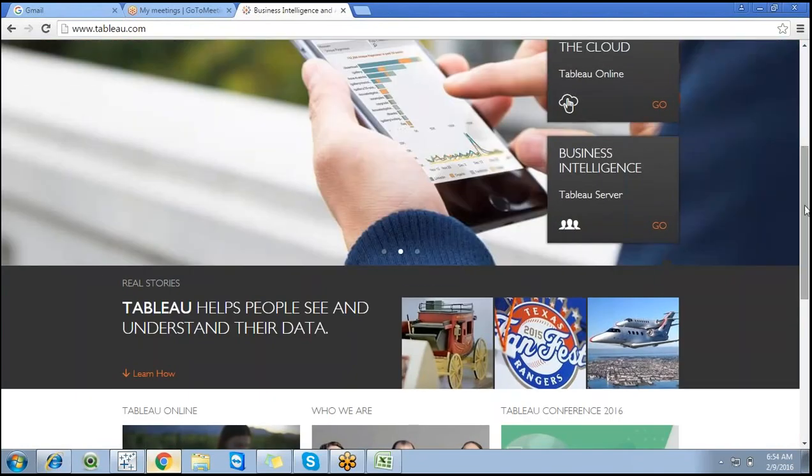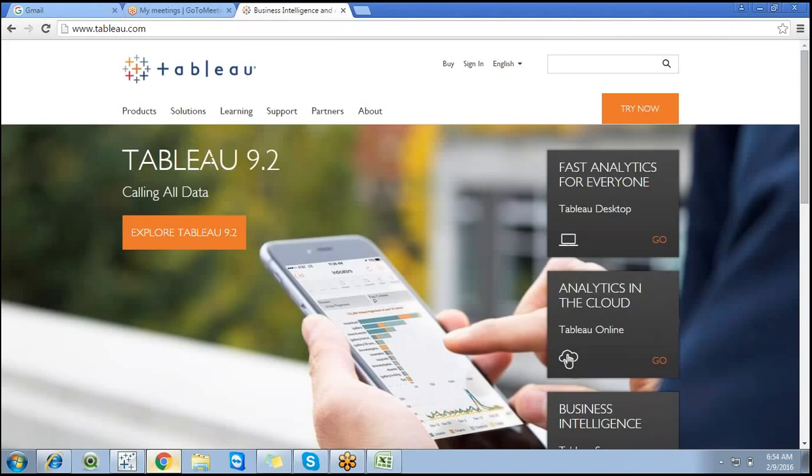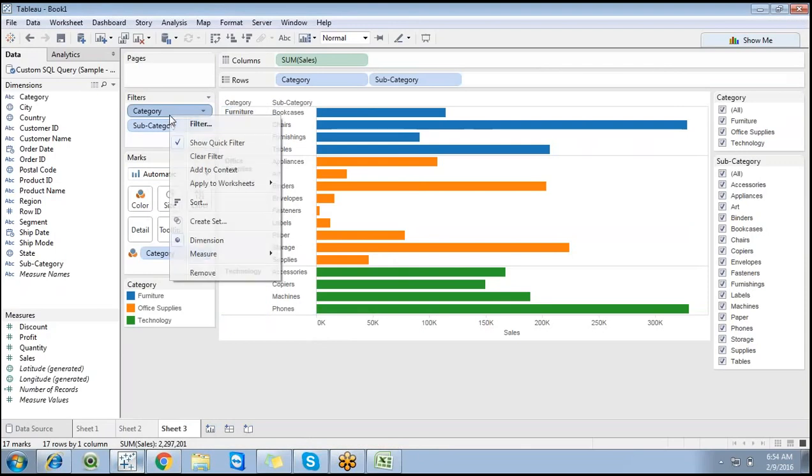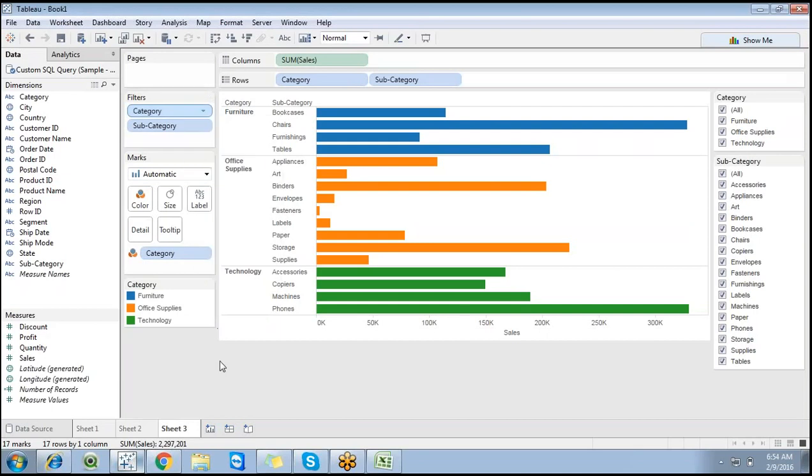Now you can see it's the 9.2 version of Tableau. While working with Tableau 9.2, you just have an option called show filter. Here it is quick filter, but it shows show filter. So nothing to confuse or worry about.